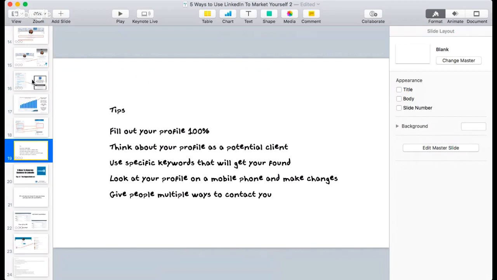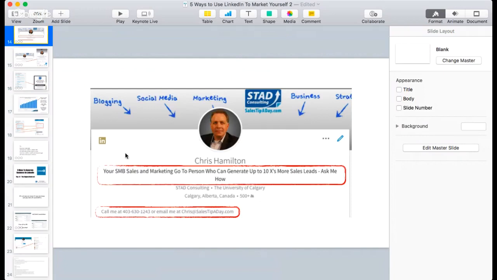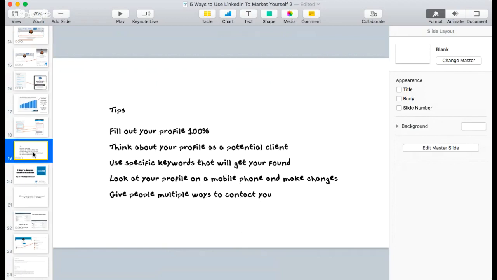One thing I would highly recommend: do not put your phone number up in this headline here. It breaches LinkedIn's terms and conditions and will potentially get you banned from LinkedIn. And if you've put a lot of time and effort in, so long story short, I joined LinkedIn 12 years ago. If my LinkedIn profile were to go dead tomorrow, that's 12 years flushed down the drain. You don't want to do that sort of stuff. So don't breach their terms and conditions.